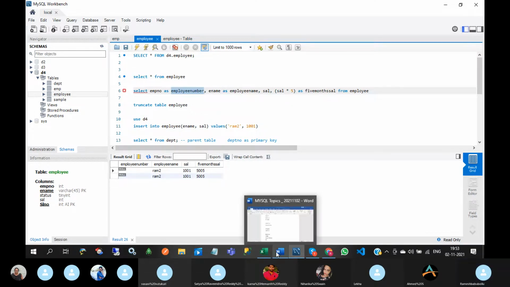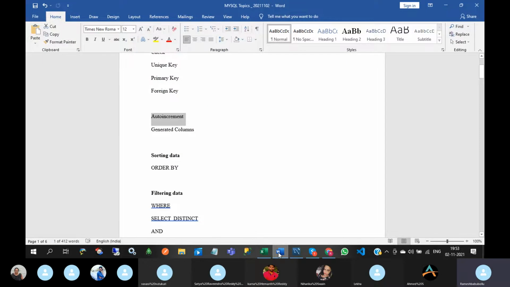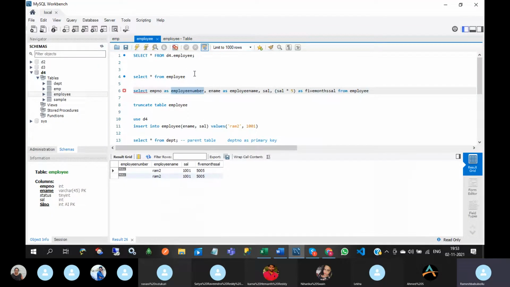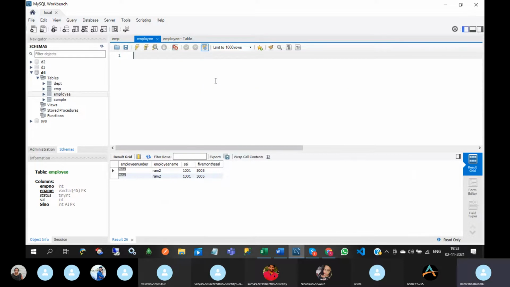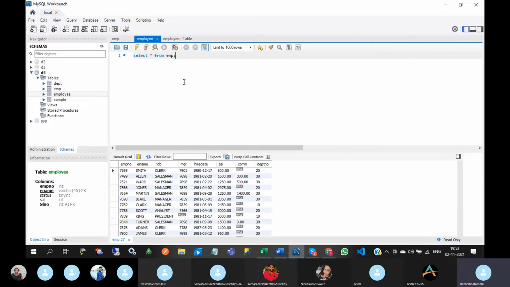Next one is sorting data. Select star from EMP. See, so here I want to display the records based on salary in ascending order.